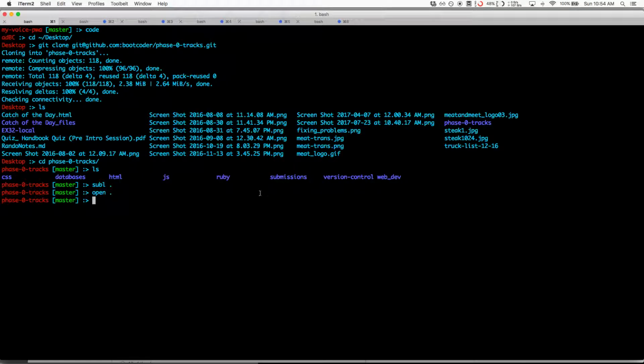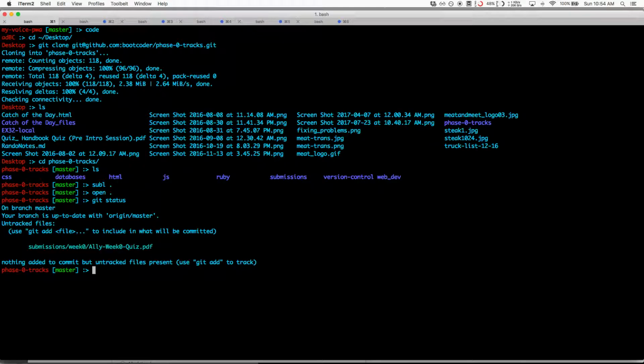Now here's where Git really comes into play. If we come back over to our terminal, which is still in the phase 0 tracks folder, and we run git status, it's going to tell us that we've got this new file, submissions week 0 Allie week 0 quiz.pdf. It's just noticed that this new file is included somewhere within our repository, and we want to do something with it. So another part of Git that we need to talk about before we move on is